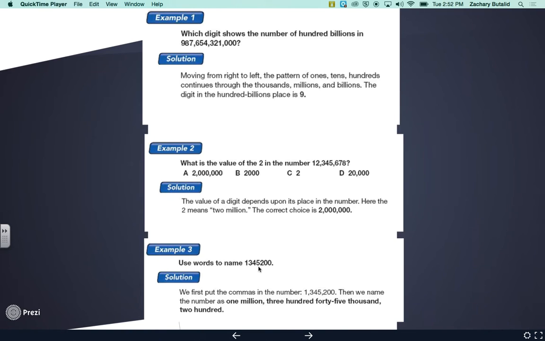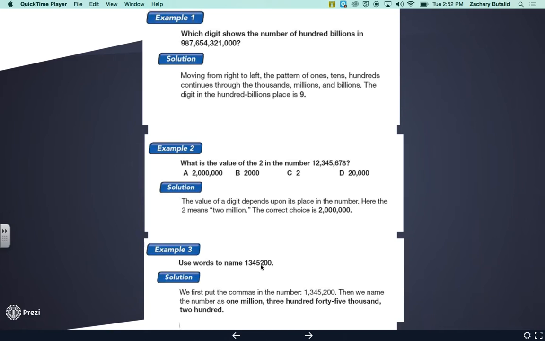So this would be the first comma is the thousands comma. The second comma is the millions comma. All right, so this would be 1, right? Because we have the number 1 million. Then we have 345,200. Okay, so and if you look at the answer on the solution, the same comma that we put in